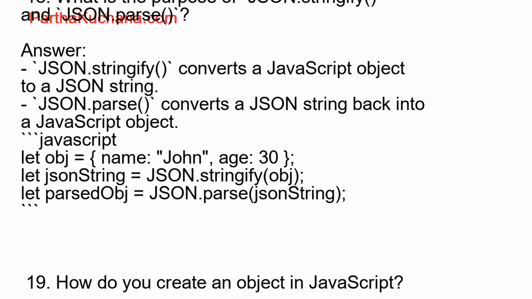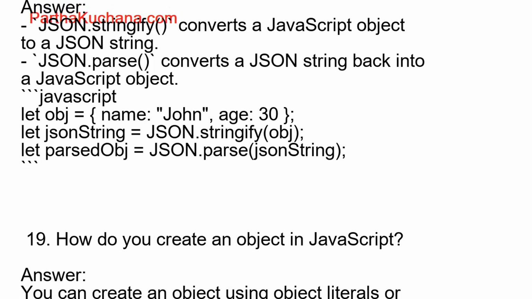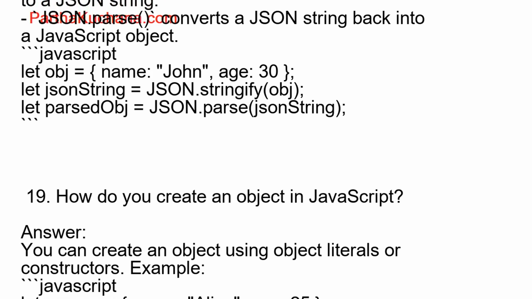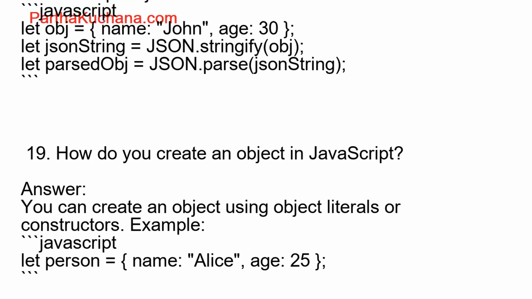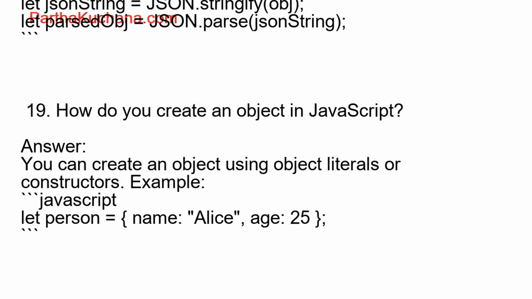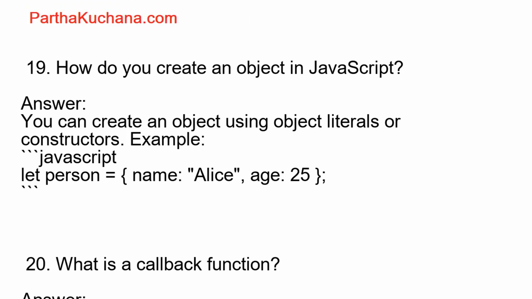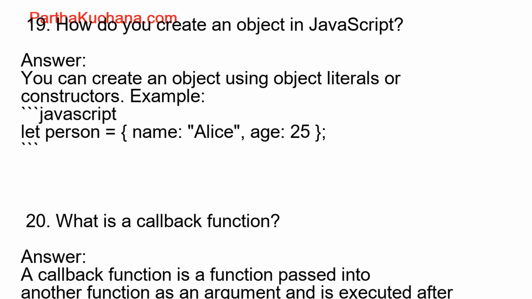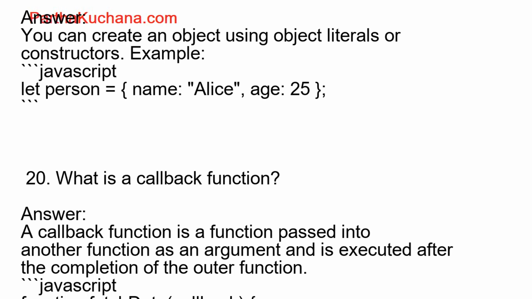20. What is a callback function? Answer. A callback function is a function passed into another function as an argument and is executed after the completion of the outer function. JavaScript. function fetchData(callback) { // simulate data fetching. setTimeout(() => callback("Data fetched"), 1000); } fetchData((message) => console.log(message));